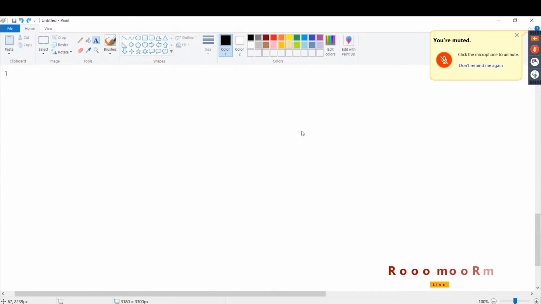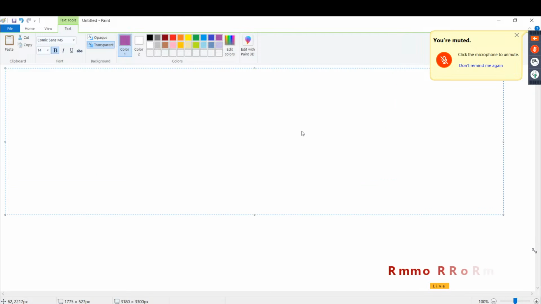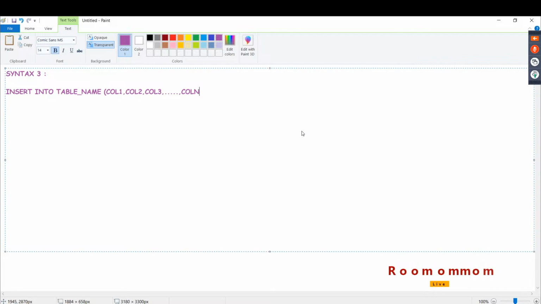I'll just scroll it up. I'll write syntax number 3. Syntax number 3 is also very simple. Look here. Syntax number 3: it is insert into table name, then column name 1 comma column 2 comma column 3 comma up to column n, then bracket close, then values,